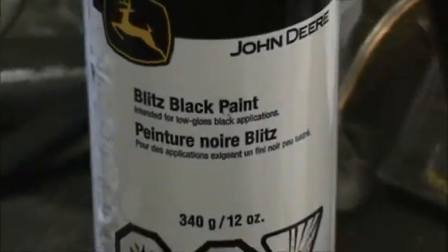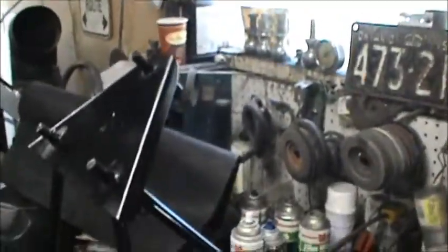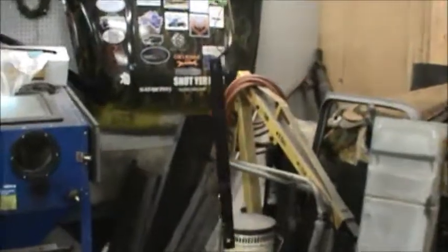I have come over to the dark side. Really liking this Blitz Black. Got enough of a sheen to it, and hell, it's paint. I can actually claim I'm painting my truck. Well, we got all the brackets, all the miscellaneous brackets painted up